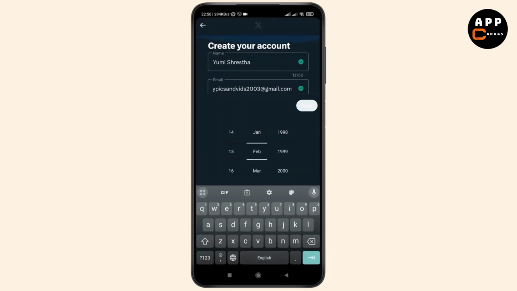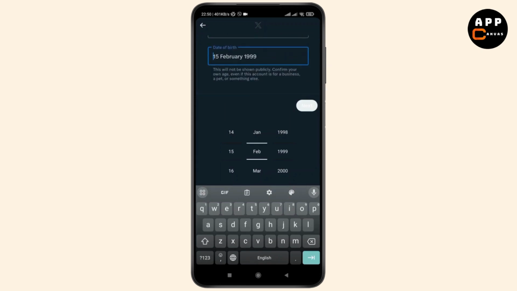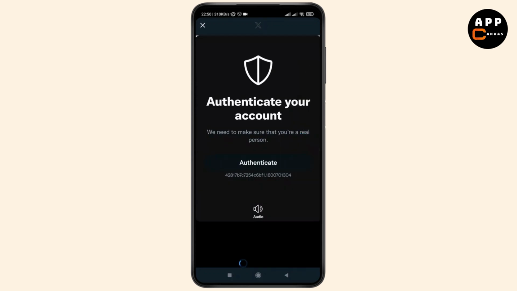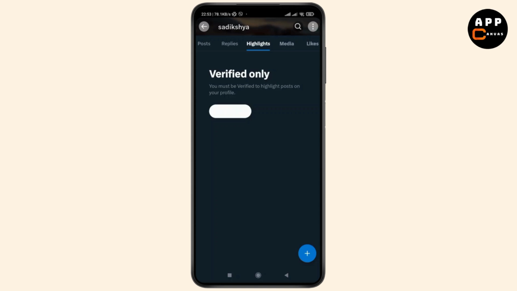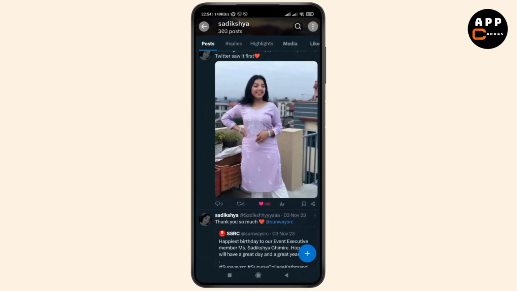So once you go on create your account, you need to input your name, email, and date of birth, and then tap on the next option. Once you click on next, it will tell you to authenticate your account. So for this, we just need to. So once you authenticate your account, you will be redirected to the profile which has just been created, which will